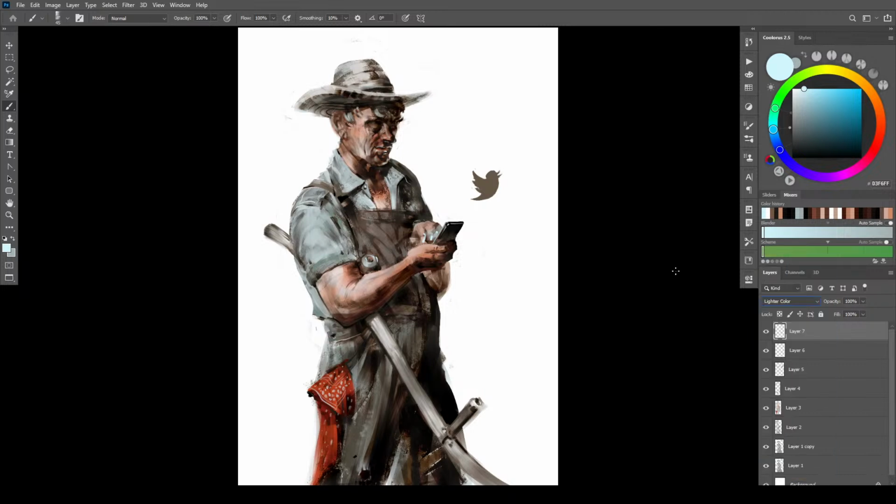Let's go lighter color. I'm going to lock that, and we'll see about making that just a little bit more of an intense blue, just so that it reads a little bit stronger.